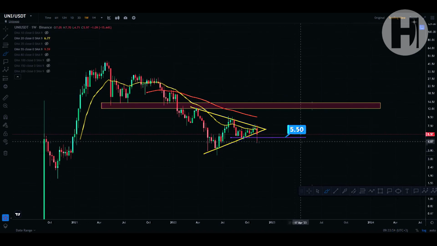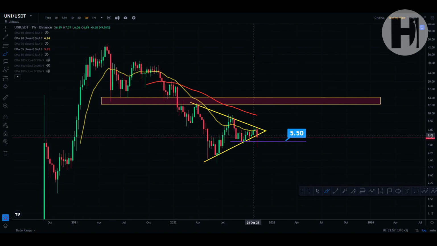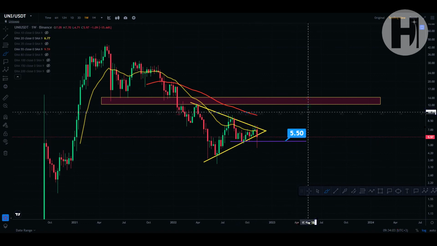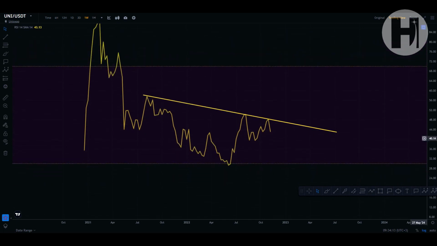Even right now, it's great to dollar cost average in. I think I bought some tokens a couple of days ago, so I'm still dollar cost averaging into this. There are quite a few more positions I want to fill in my altcoin bag. But that is pretty much it regarding Uniswap. Overall, we have the same structure here on the weekly RSI. So once you see the break on the price action and you see the confirmation from the RSI, that's going to be a very, very bullish signal.